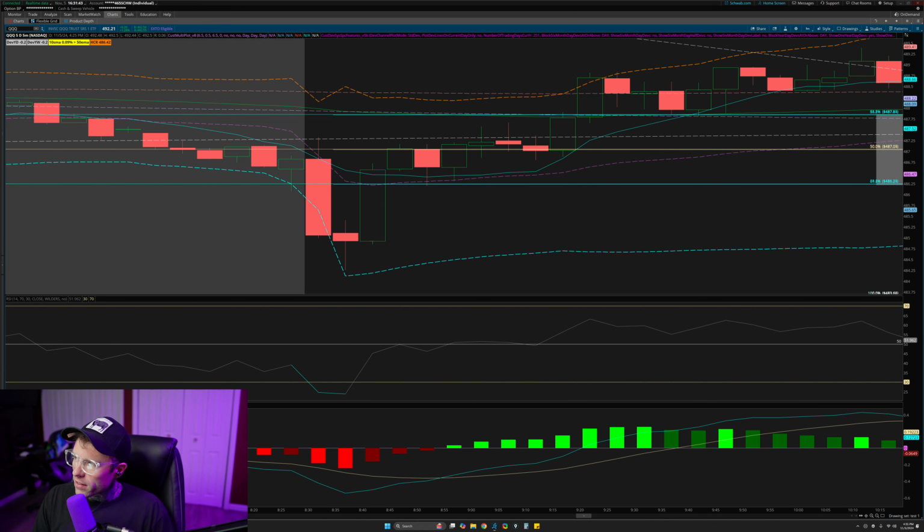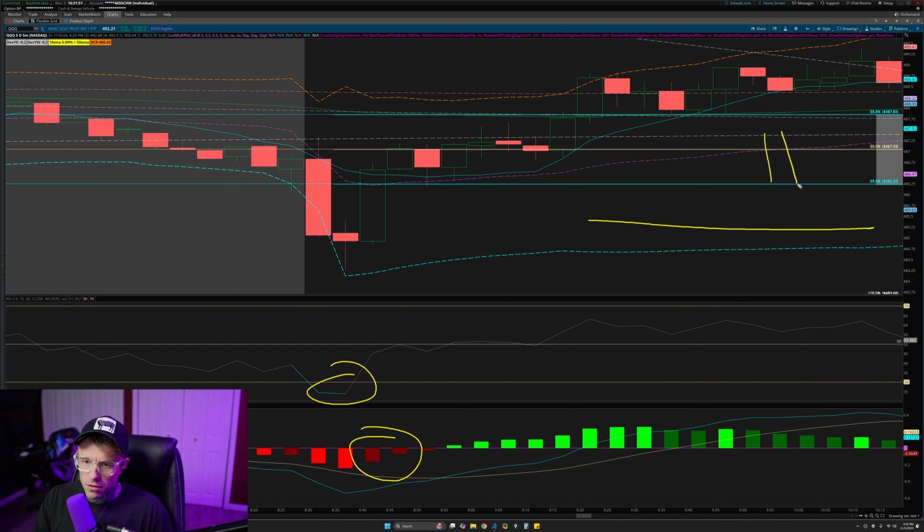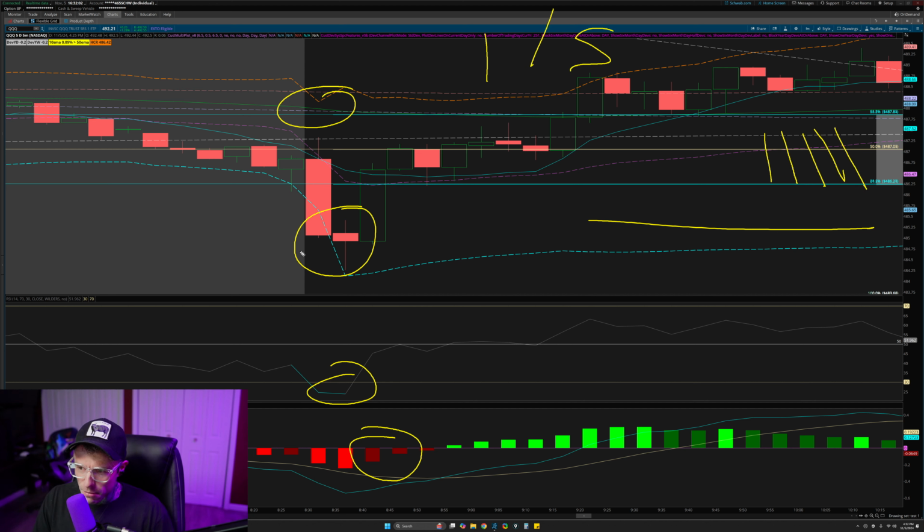So I'm going to come in and say, okay, well, the histogram's going to the backside, 8:45, plus one for the bull side, right? And then we have the RSI coming out of a very oversold territory, a little bit of a bull side, reversal candle in the 5 minute, bull side. And we have no tags on moving averages on 1 and 5 minute, bull side, because it can create a magnet in price action, right? I'm drawing that the wrong way.